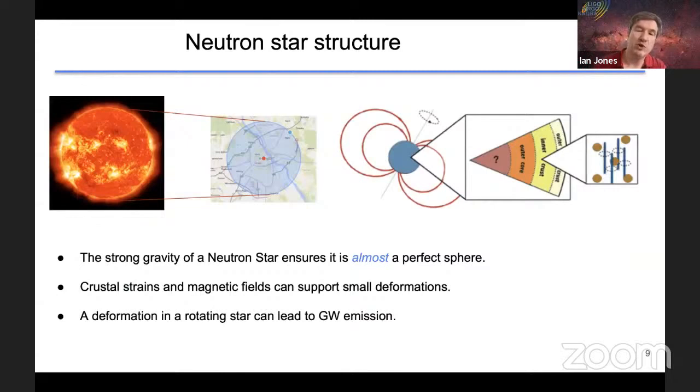So what do we think produces these long continuous waves? Well, our leading candidate is a spinning neutron star. A neutron star is a small dead star, very heavy, with the mass of the sun in something like the radius of a city. That's what's illustrated with that little Google map image that you can see top left. They're very dense. They're denser than atomic nuclei, so we would love to learn about them from gravitational waves.